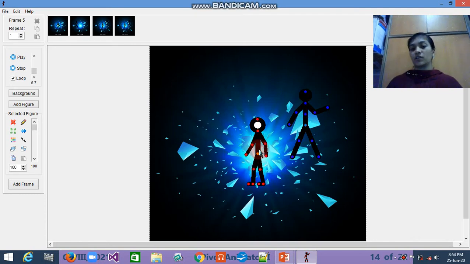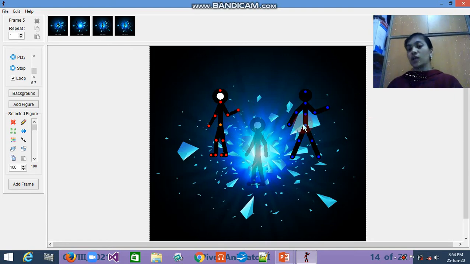But when I click on this, you can see it will be totally converted like this. Now you cannot make changes in this figure. You can change only this one figure. You can move the handles like this, but it will not change because it's not selected. And this is the selected figure, so you can change this figure, and this one is deselected.